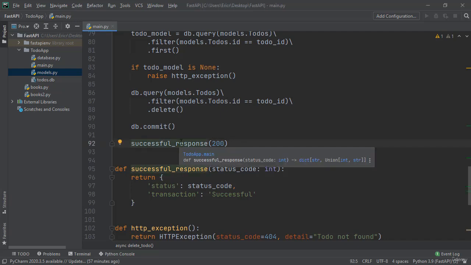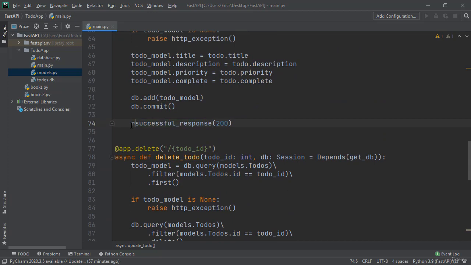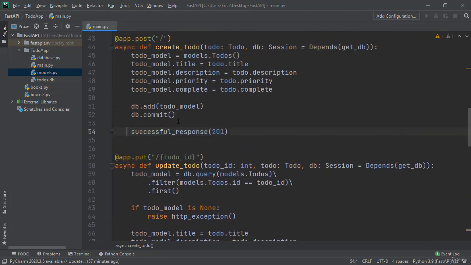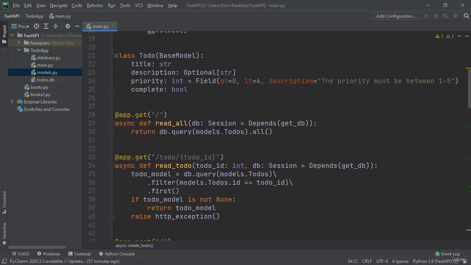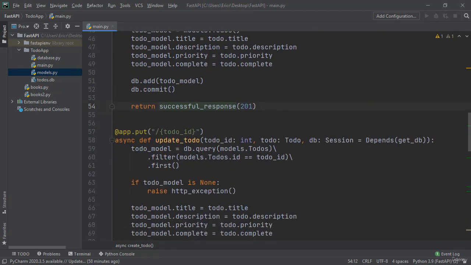So right before this, let's type in return. Let's resave the application,